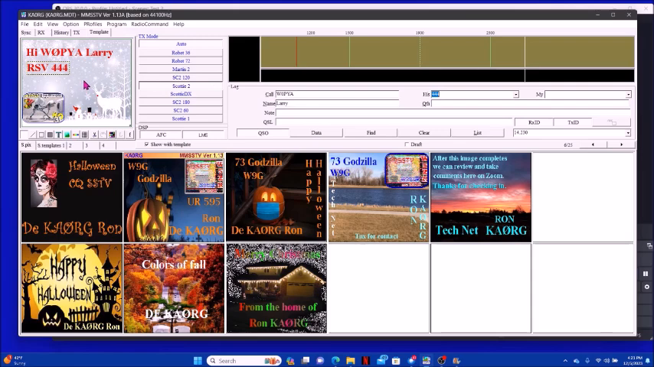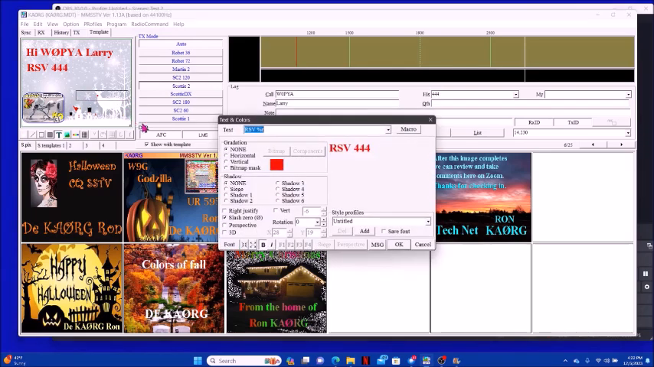Now you also need to have your information. So we go back into text, and let's make it a little fancier this time and say DE, and I'm going to go ahead and type it this time so you see the difference. KA0RG. Okay, so I can put that in,